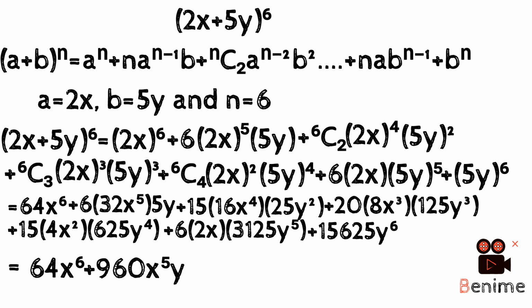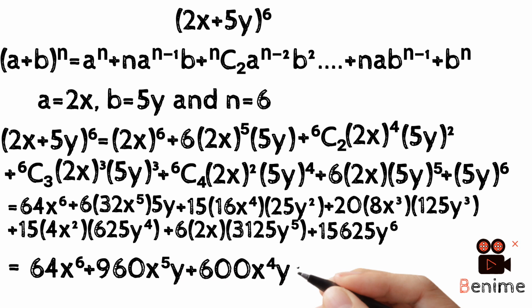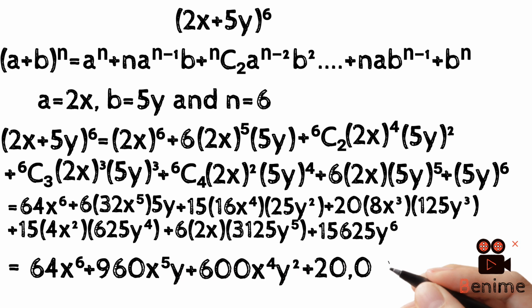So that's 960x raised to the power of 5y. Your next term, multiply the numbers, that's 15 times 16 times 25, which you find out to give you 600. Then put your x and y, x is raised to the power of 4, y is raised to the power of 2. The next term, multiply it up, 20 times 8 times 125, you get 20,000. Then put your x raised to the power of 3, put your y raised to the power of 3, plus